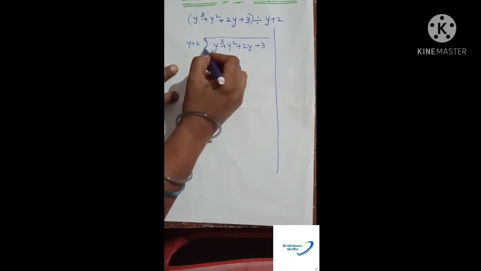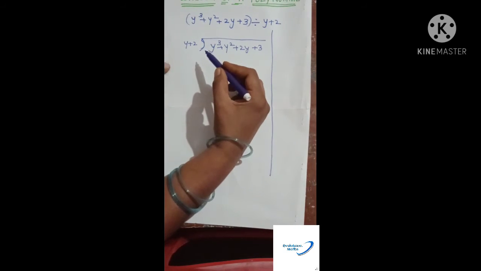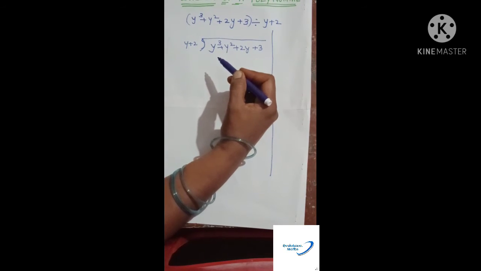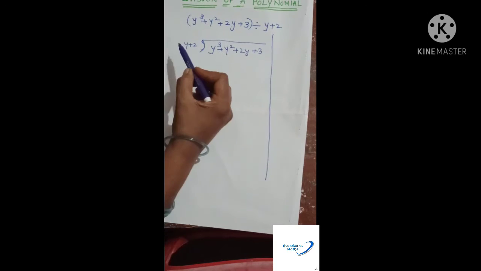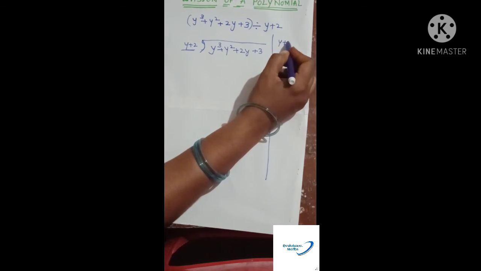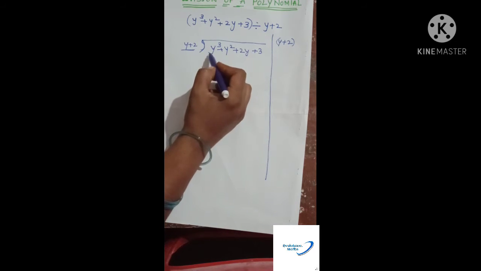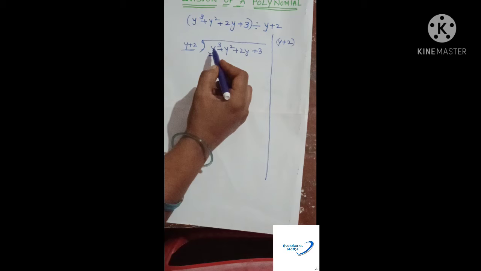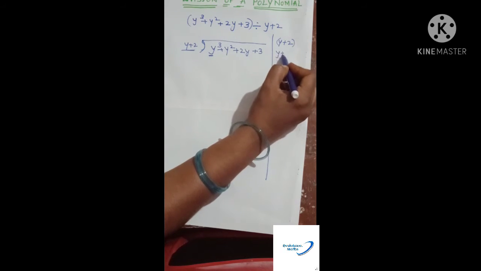So remember this and follow the method which I am going to discuss here, so that you can avoid confusion whenever you get the division of such polynomials. What is our divisor? The divisor is y plus 2. Write it on this side here. And what do we have to get here? This is the first term you have to see here. This is y cube, and our divisor is with power 1, y plus 2.